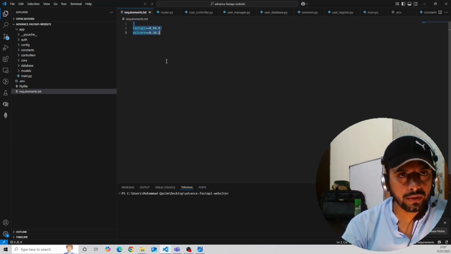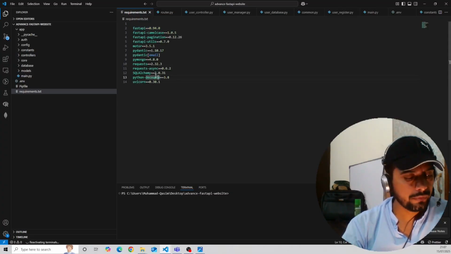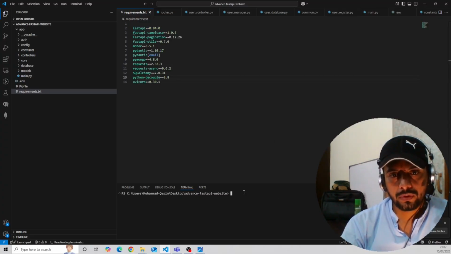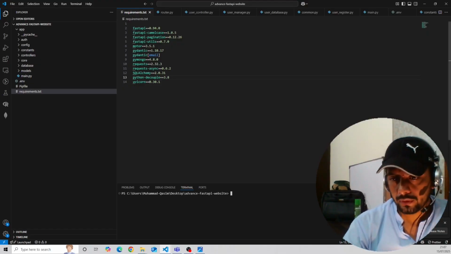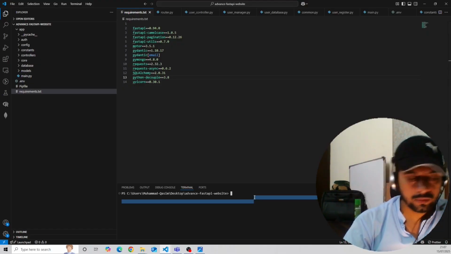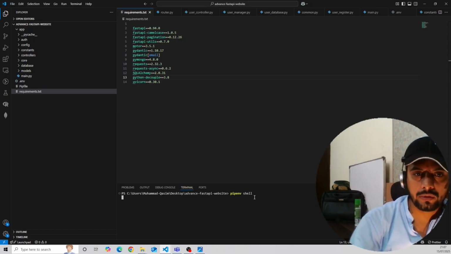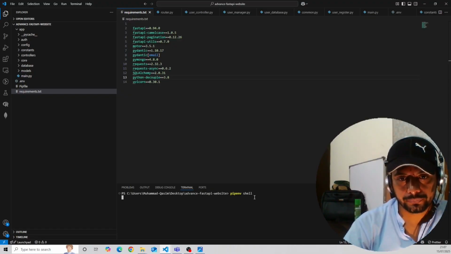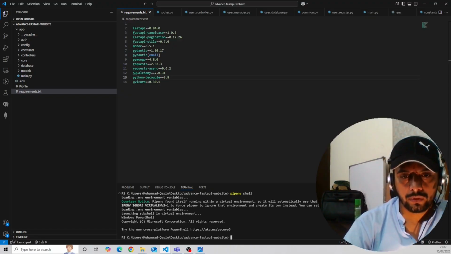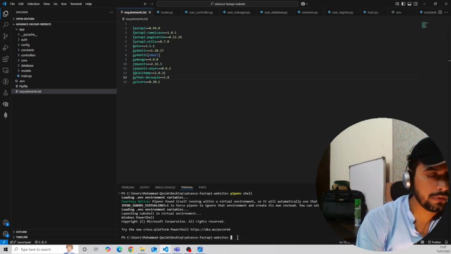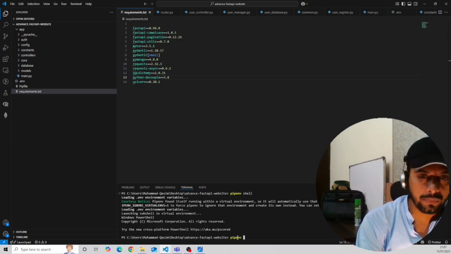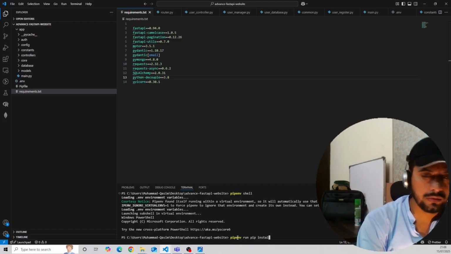We will update the requirements file, and we will install the requirements. Pipenv shell to activate our environment. Our environment is already activated. Now we will install it. Pipenv run pip install